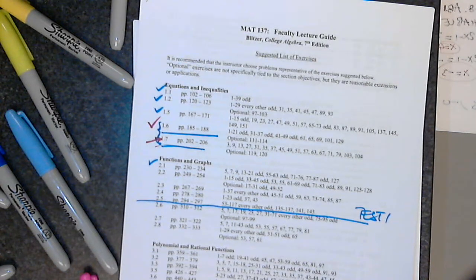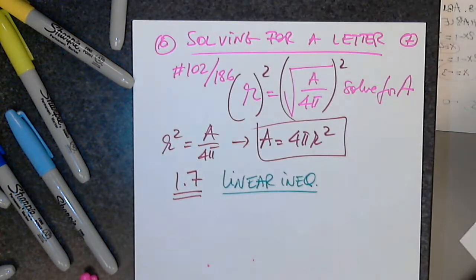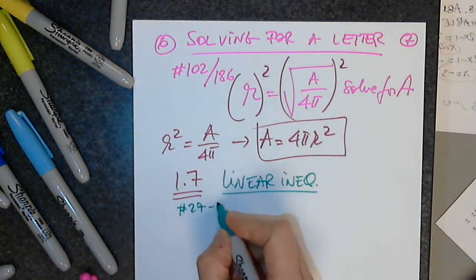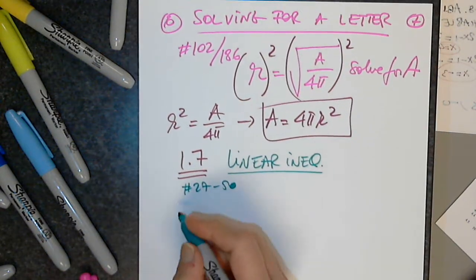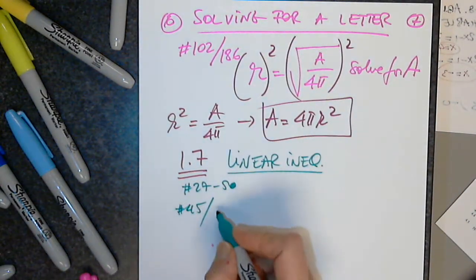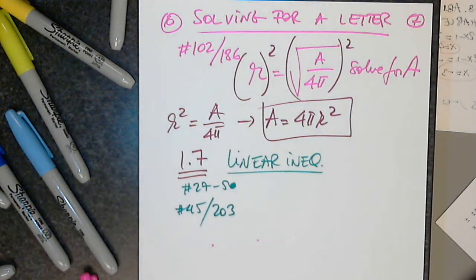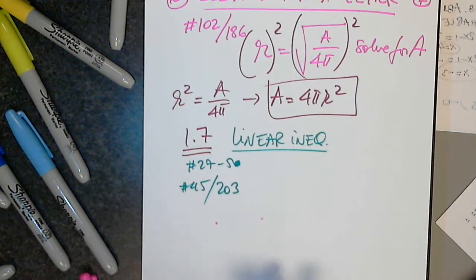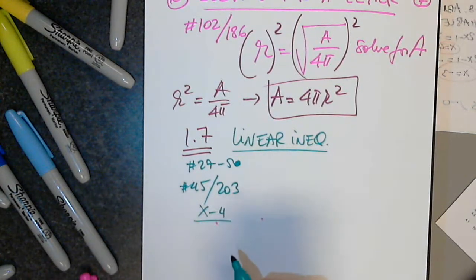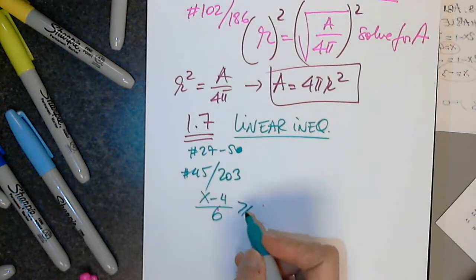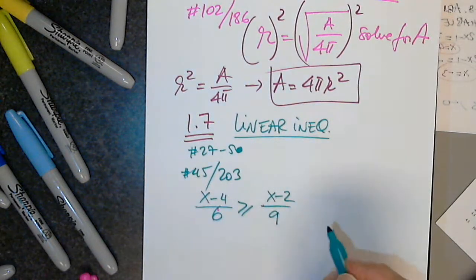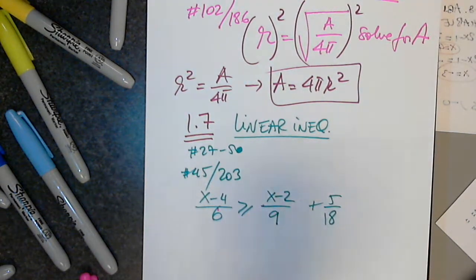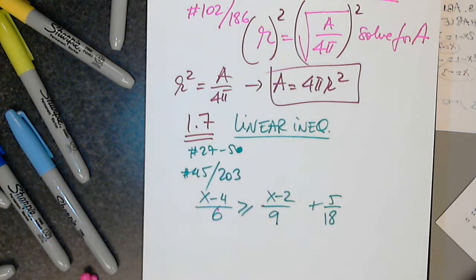I recommend between 27 and 50. You said 40, 45. And this is on page 203. 45, 45, 45. Good one. Oh, awesome. Awesome pick, because I was going to pick something similar to this, because I was going to say,